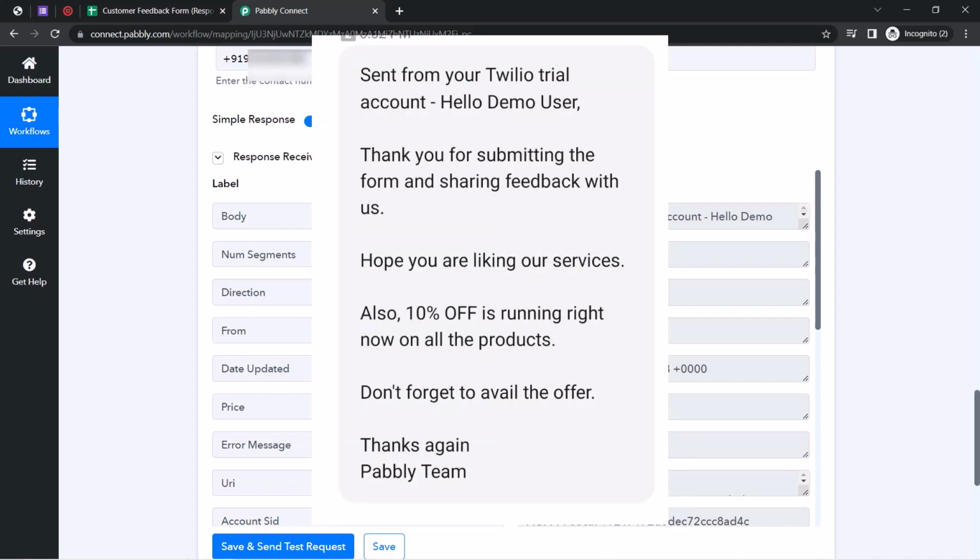Hello demo user, thank you for submitting the form and sharing feedback with us. Hope you are liking our services. Also 10% off is running right now on all the products. Don't forget to avail the offer. Thanks again, Pabbly team. Okay, so I hope you have learned how you can easily send the